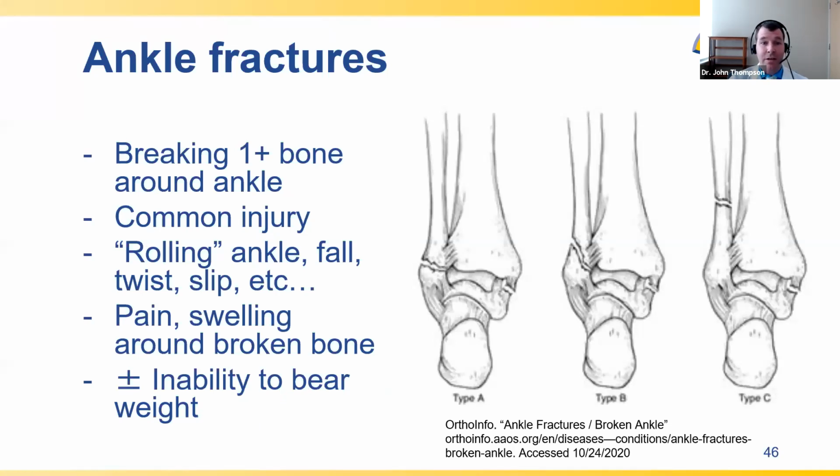Now we're going to talk about ankle fractures, or a broken bone in the ankle, which involves breaking at least one of the bones around the ankle. Almost always this involves breaking the lateral malleolus, or the bone on the outside part of the ankle. Frequently, the medial malleolus, or the bone on the inside of the ankle, may either be broken or the strong ligament that stabilizes the inside part of the ankle, called the deltoid ligament, is completely torn, which functionally acts like a broken bone.